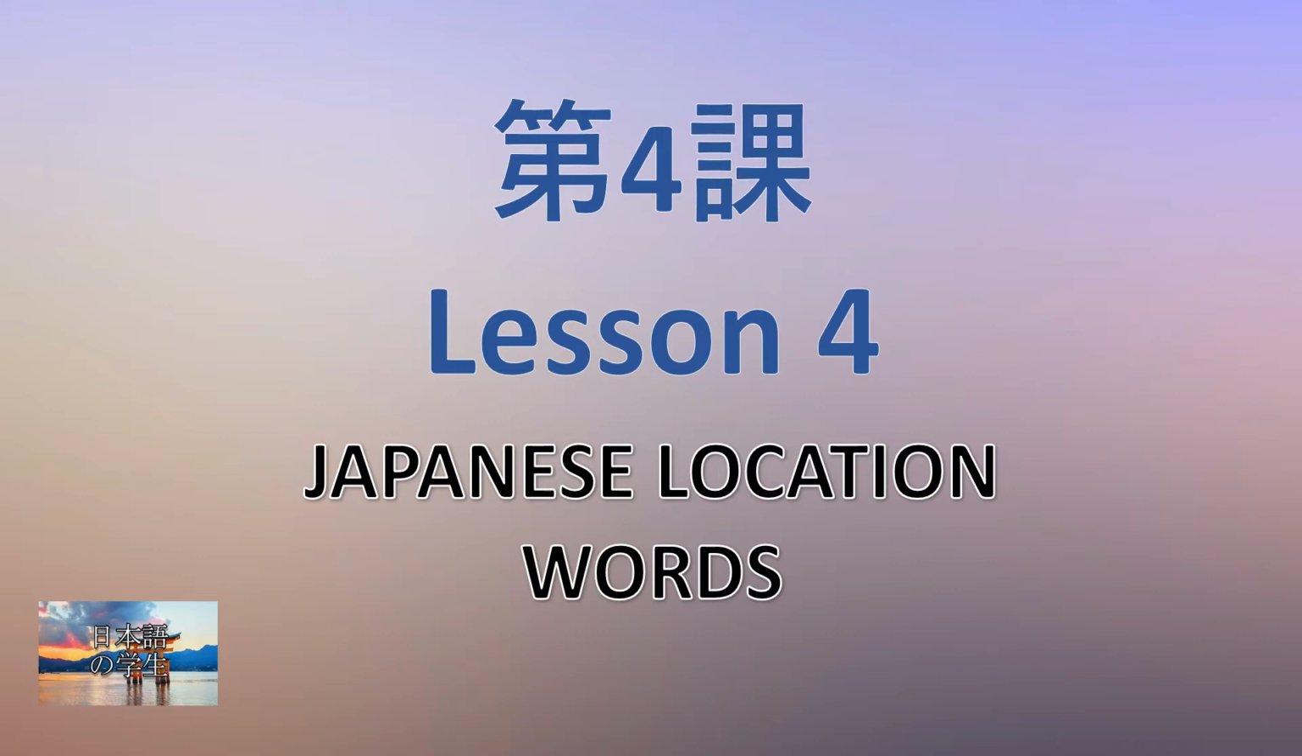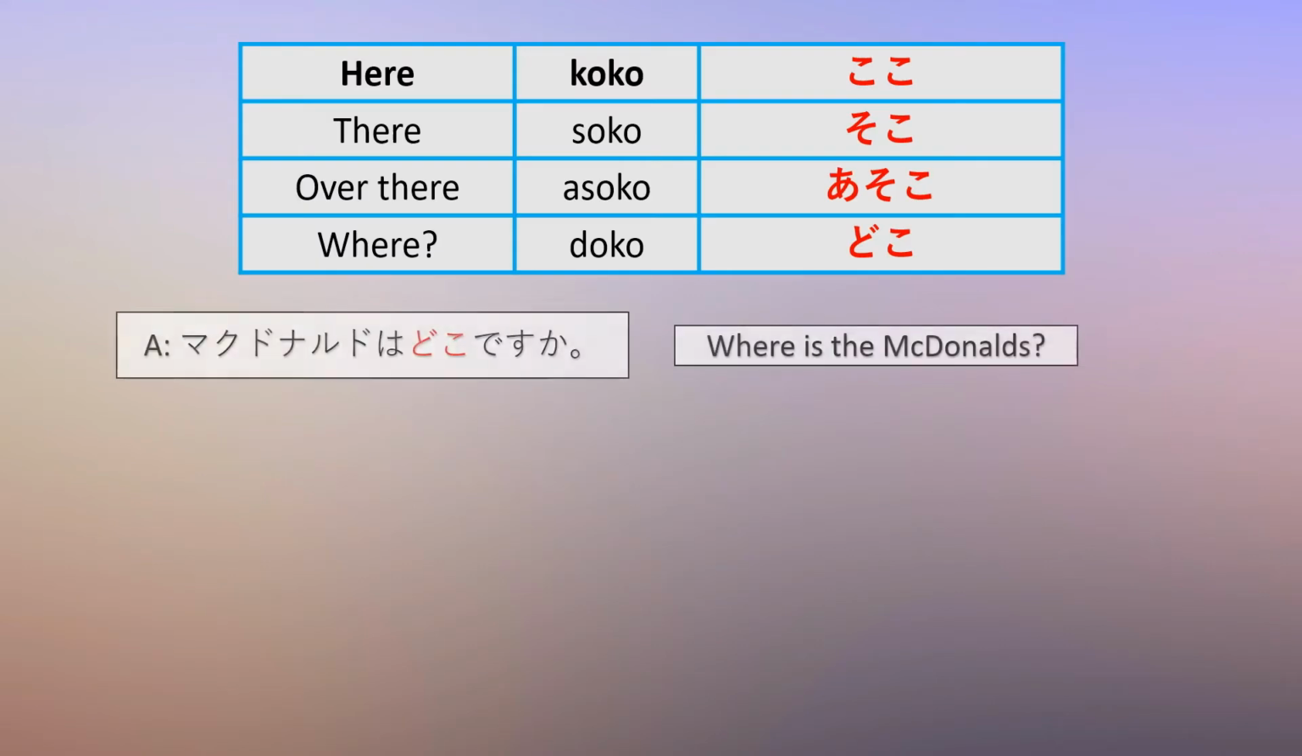Today's lesson is about the Japanese location words. These words describe the position of a certain thing or person relative to another. In lesson 2, we learned how to use the words koko, soko, asoko, and doko to say here, there, over there, and where. For example,